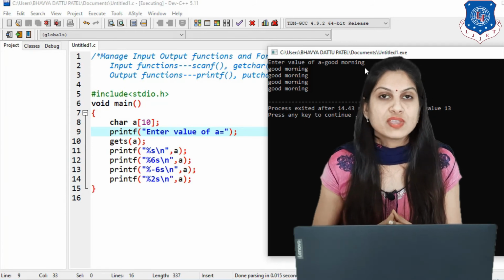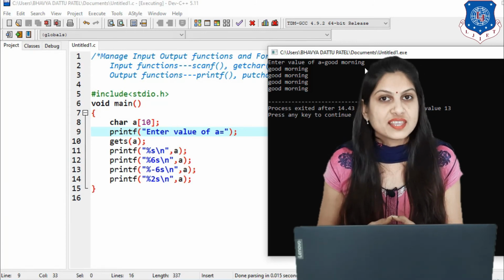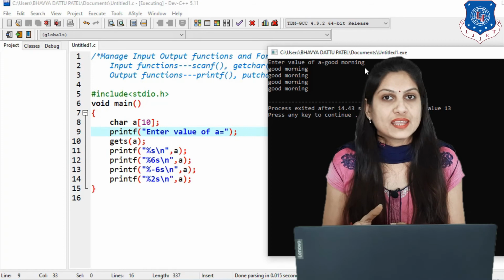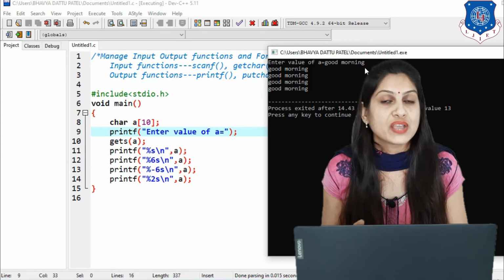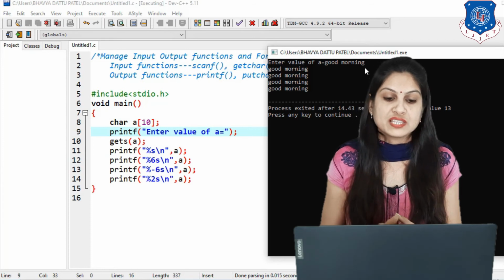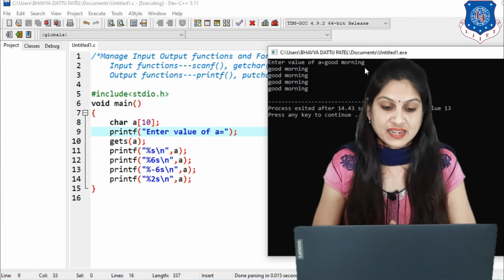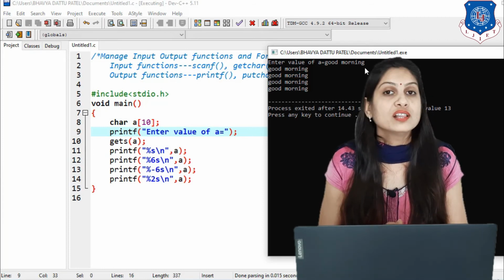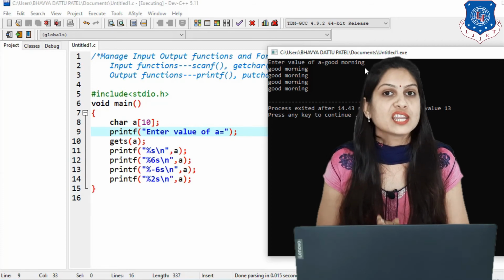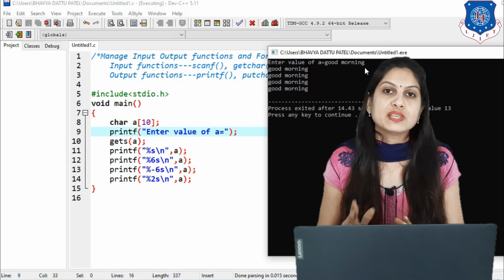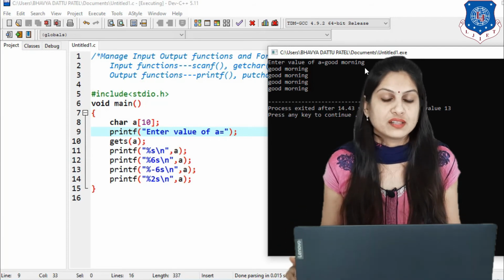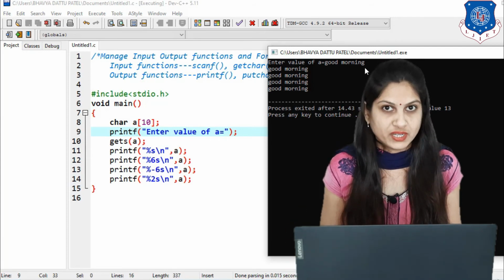Why? Because we are writing %6s, and 6 means how many characters you are specifying in your original string good morning. Total 12 characters are there, but we are specifying %6s and %-6s, %2s means all the digit values are smaller than 12. So there is no effect of formatted output, but if you specify the number greater than 12, then and then you can find the formatted output.